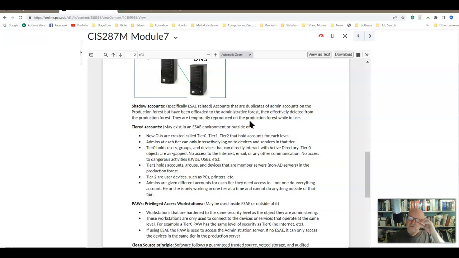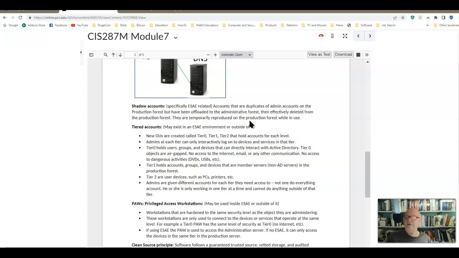Let me try to describe the tiers, and hopefully this will make some sense. So the admins and the Active Directory computers on both sides, in both forests, have to be hardened and are in tier 0. The users, the administrators that do the administration, are also in tier 0. So what's the significance of that? The idea is that you cannot do anything outside of the tier that you're in. And we use tier 0 to